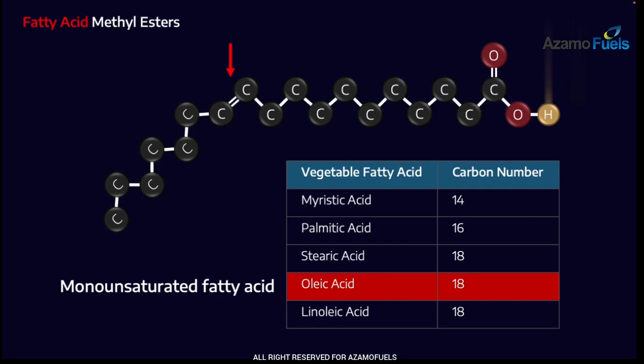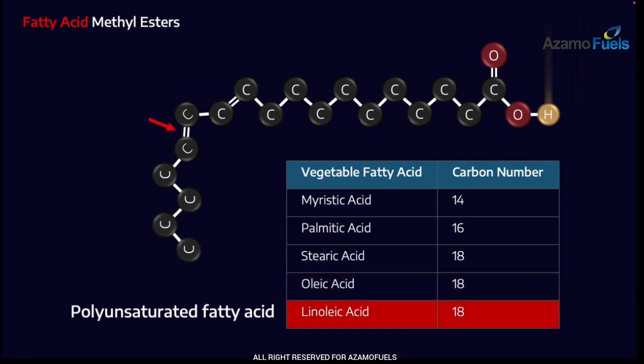bond. That actually affects the shape of the molecule too, because double bonds tend to bend the molecule. So now, because we have a single double carbon bond in the chain, we would call this a monounsaturated fatty acid. It's unsaturated because it has a double bond, and it's monounsaturated because there is a single double bond. If we were to have a second double bond in the chain, then we would call it a polyunsaturated fatty acid. In this instance, we would call it linoleic acid. So it's 18 carbons long, but it has 2 double bonds in it. And the position of those double bonds can vary.